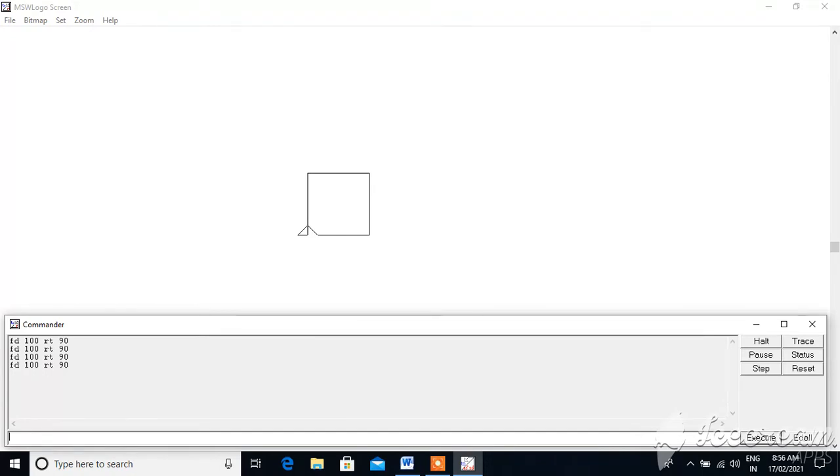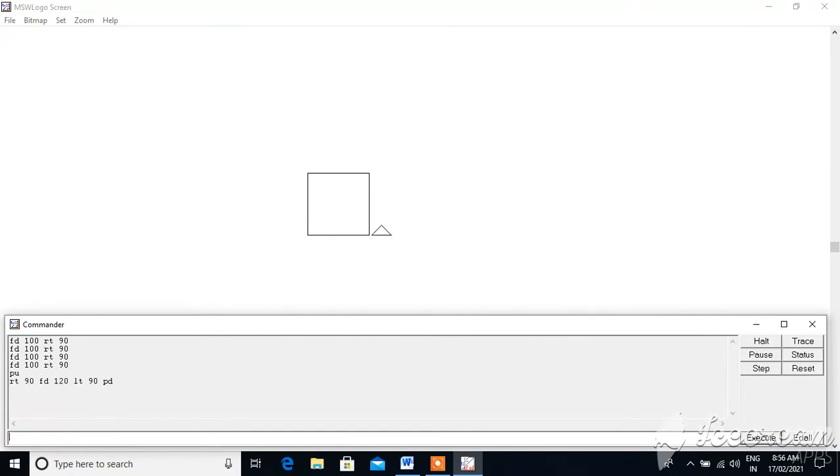Again, if you want to draw another square, use the PU command here. Then RT 90 degrees, forward 120, then turn to the left side at 90 degrees and PD.